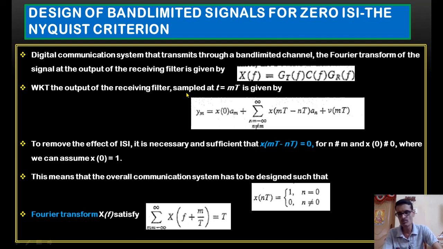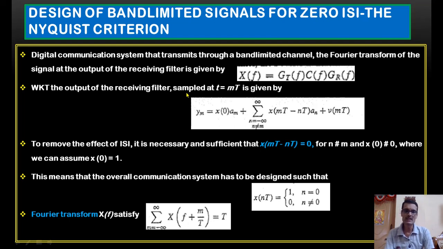Now, for BTU students, what is specified in the syllabus is that only the definition of Nyquist criteria is actually enough. That's what they have said. But I'll go into detail about this with a small derivation and all, which is actually not required for BTU students. For others, it is useful or helpful.